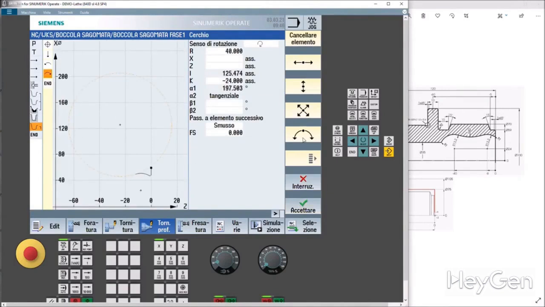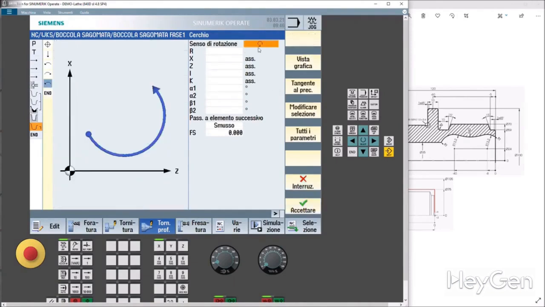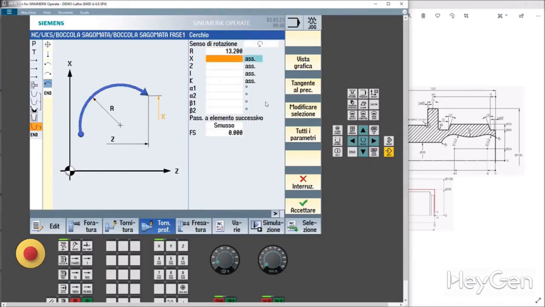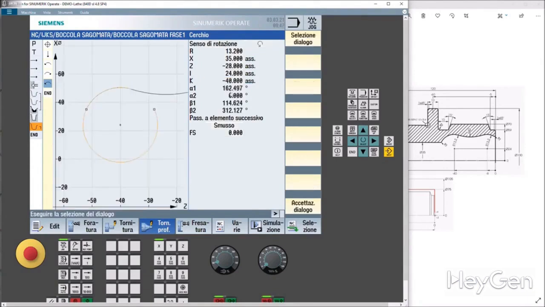Now, we have the other circular interpolation, counterclockwise travel. So, this one is right. Radius 13.2, like x. 30. The 24. X position of the center, k minus 40, z position of the center, alpha.